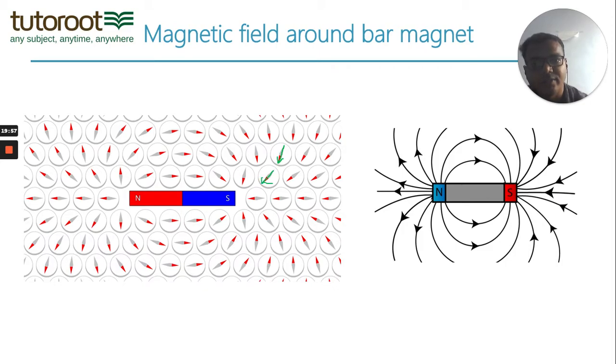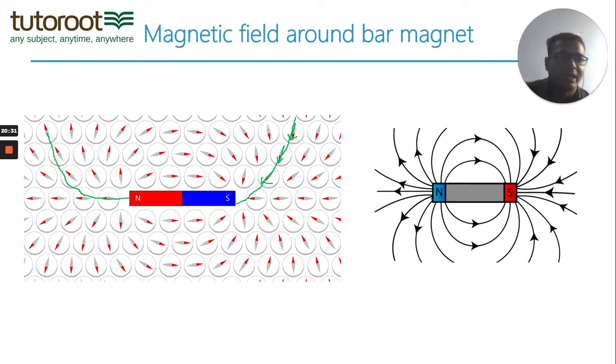The previous one, it was coming again this direction. So if we try to draw a logical path, we can see that the path is coming towards the south pole, and you can see lines coming out of the north pole. Okay. So a good representation is given on the right side, where you can see lines coming out from the north pole and getting back into the south pole. Now coming back to my previous question, what happens to these lines after they go into the magnet?